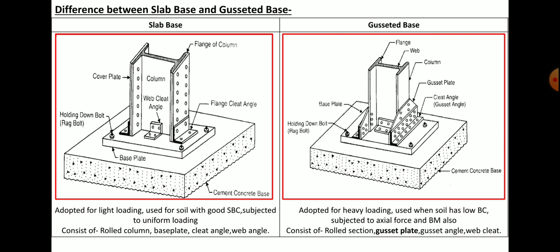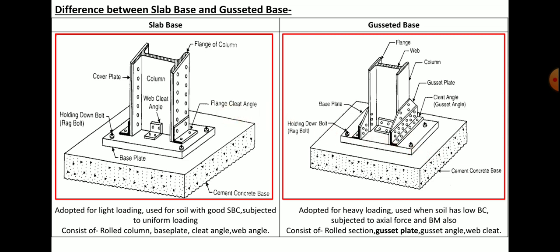So this particular gusseted base or gusseted plates are giving additional strength. Usually this particular column area is supported at the bottom side, and this particular portion is acting as an overhang portion, and it is going to lift upward. There will be upliftment of this particular base plate. So in order to restrain the upliftment of the base plate, we are going to introduce gusset plates, which are initially connected with your flanges, and after that they are connected with your base plate as well as your concrete block. Correct. So these are adapted.